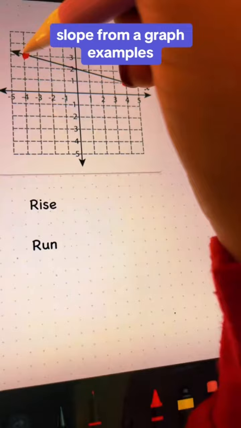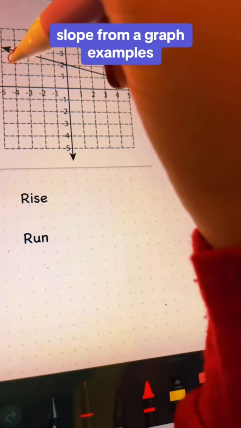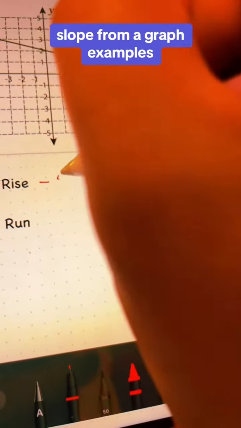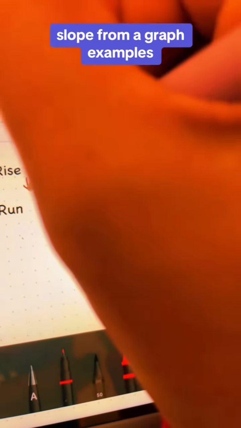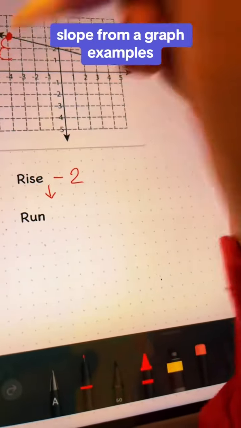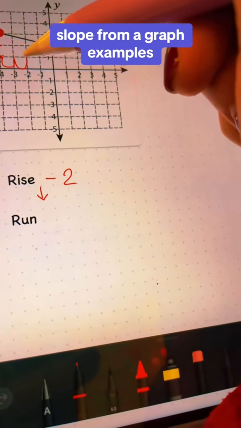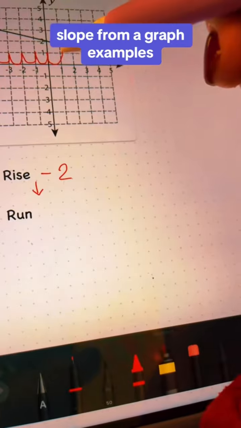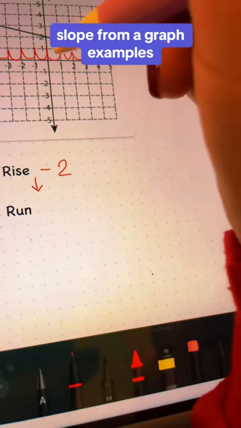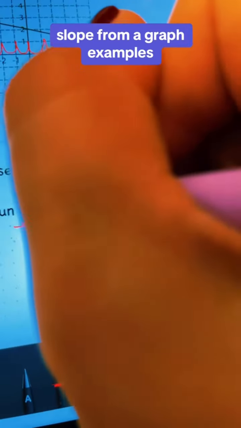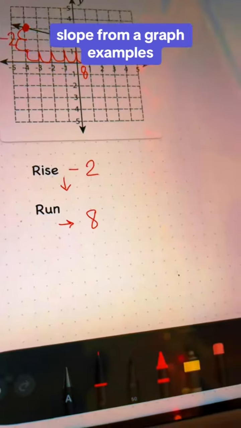So if I'm going down, I'm going to say I went down by 1, 2. I dropped by 2, so I have a rise of -2. That was my drop. And then I need to go over to the right. So going to the right, I went 1, 2, 3, 4, 5, 6, 7, 8. And when I went over by 8, moving to the right, that was my run. So when I